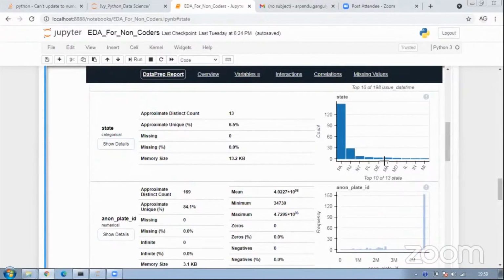We know which states are there, PA, New Jersey, New York. Out of 201, most of these violations come from this particular state, followed by NJ, followed by NY, and so on. These are the takeaways you should build and stretch your story around.